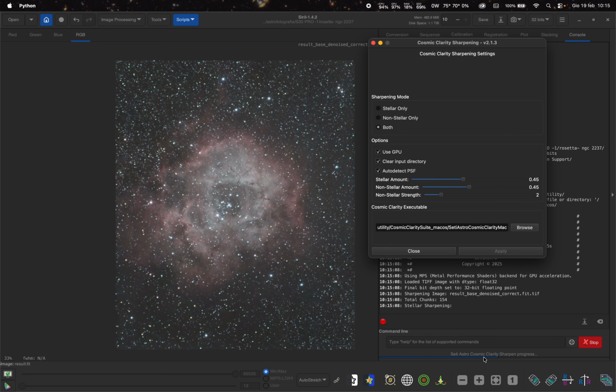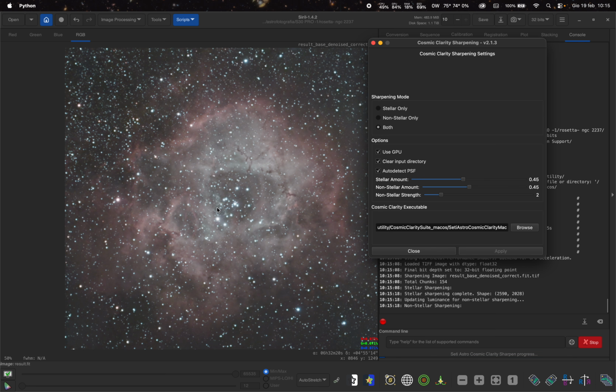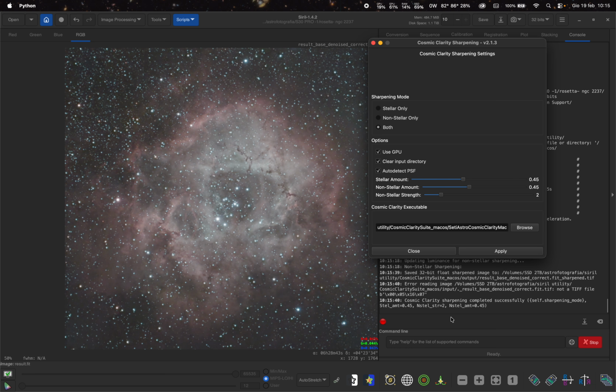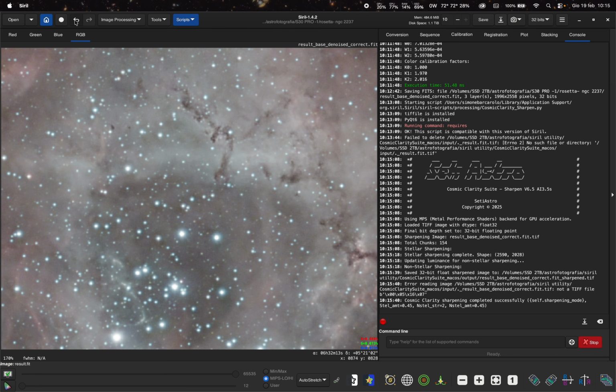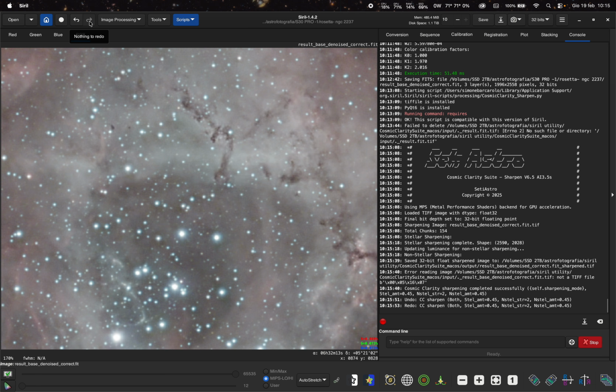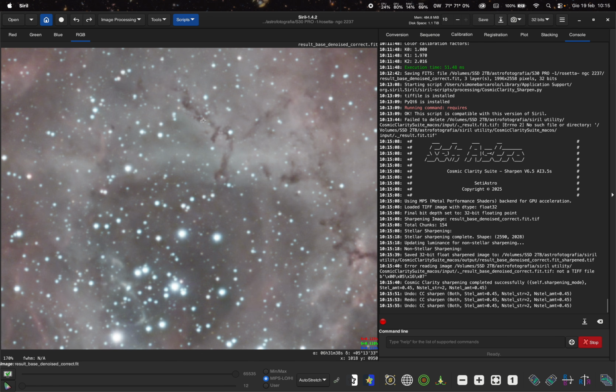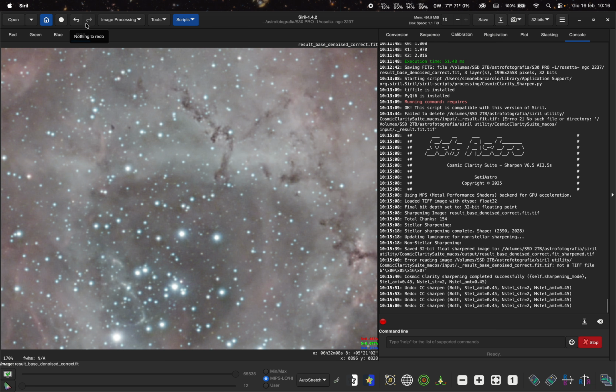Okay, now it started, as you can see. Progress here, and we are going to see the result in real time. Okay, now it's going to do the non-stellar sharpening. As you can see, the image changed a bit. We can go back and forward, and look how much more detail we have on this portion of the Rosetta Nebula. Wow,